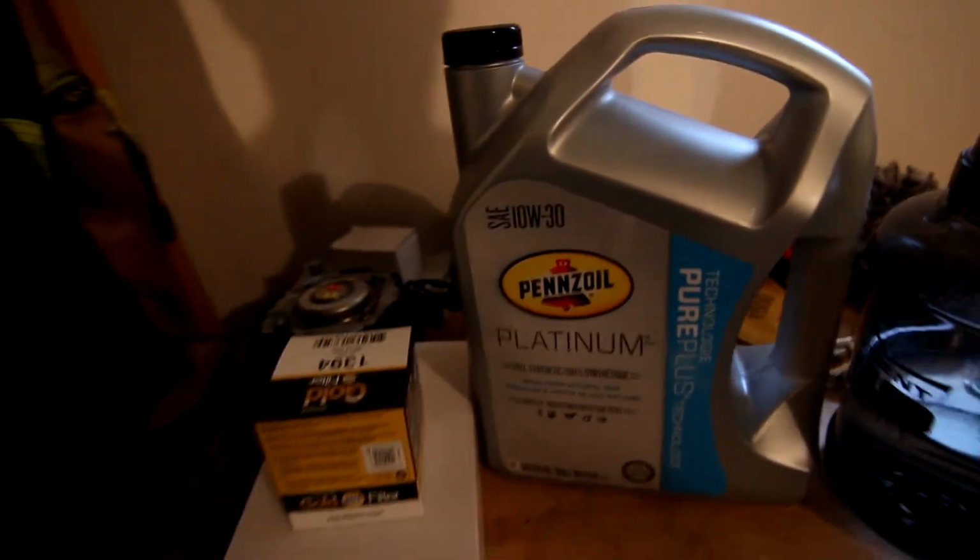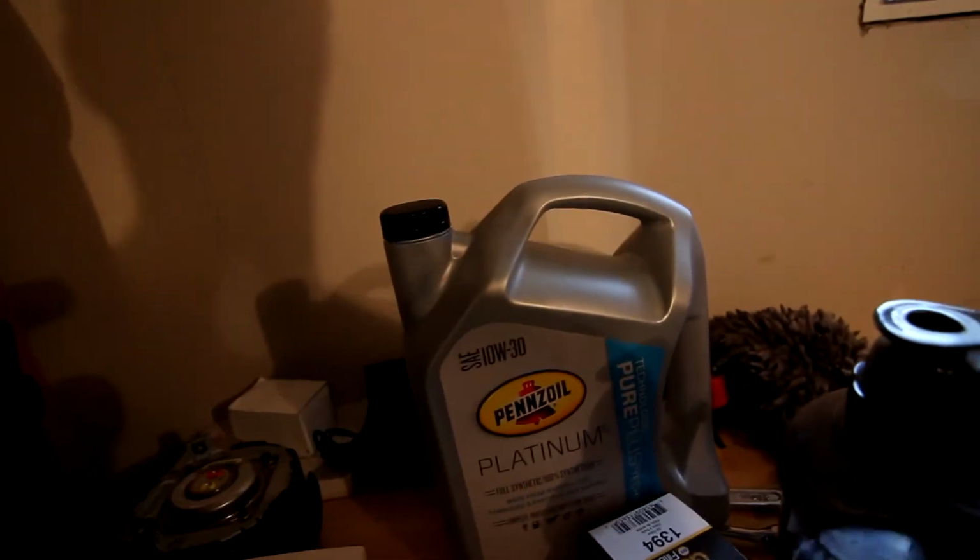Yo guys, it is cold AF outside, so I'm gonna keep the door opening to a minimum. We're in the garage again today, and this time we are giving the 240 some love. I gotta do an oil change. I've been putting that off for a while, so I got a Napa filter and 10W-30 synthetic oil, as well as